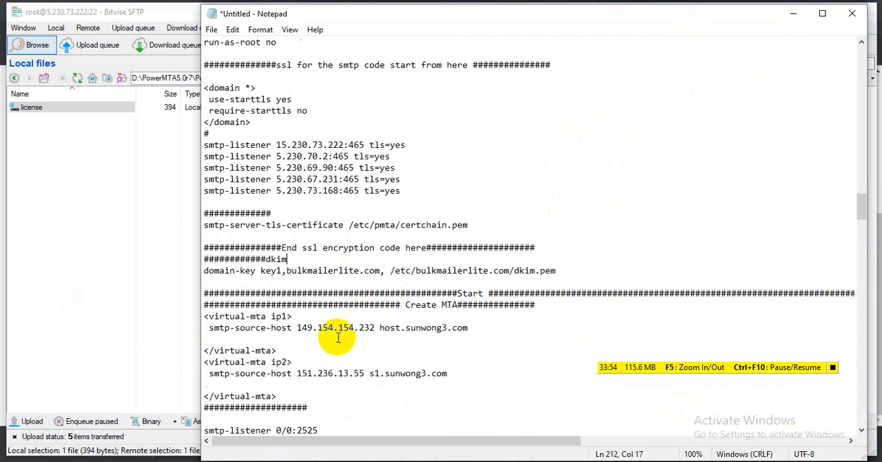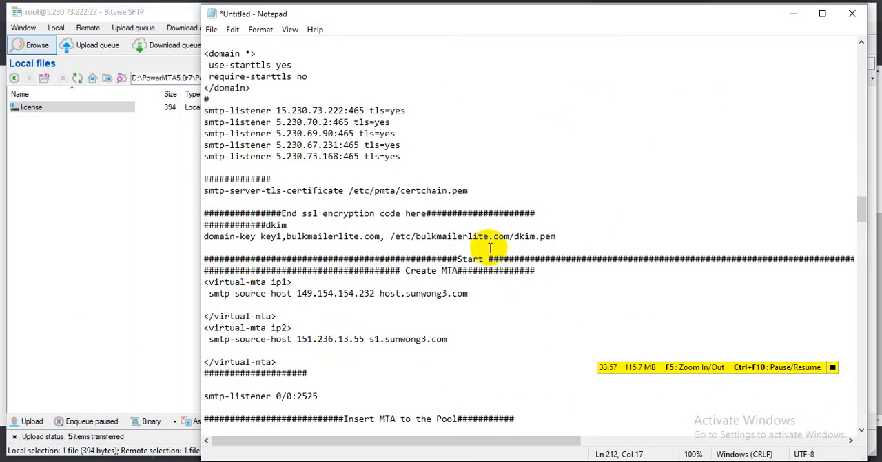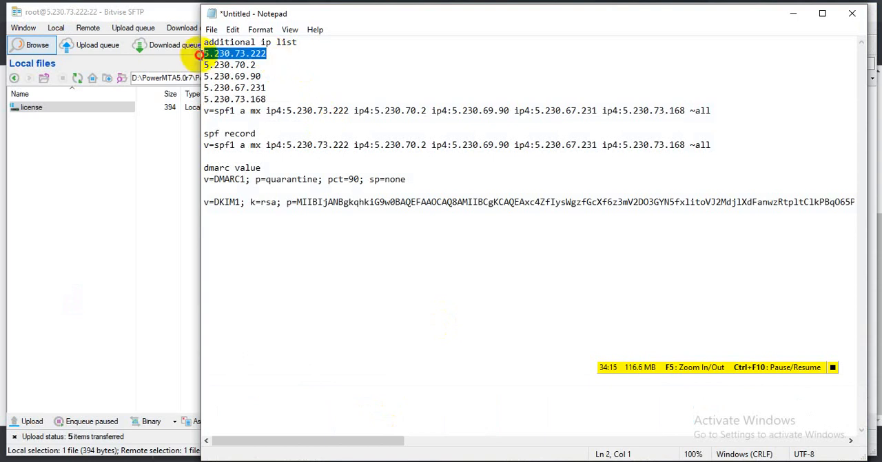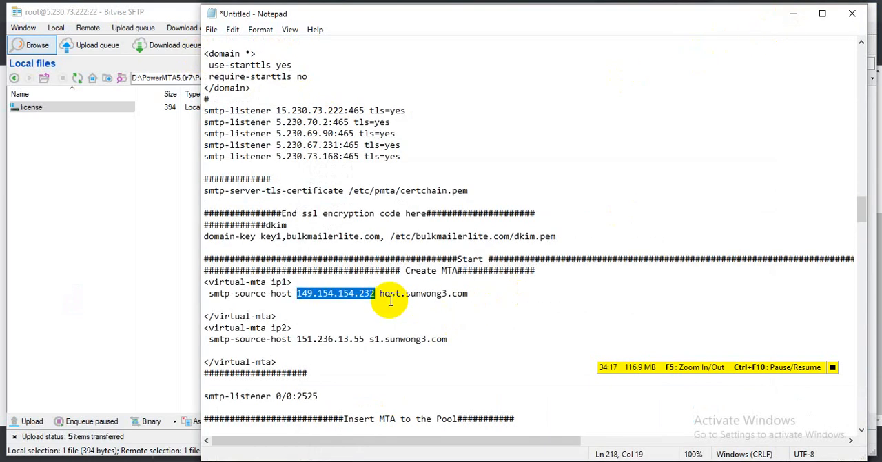So replace our IP1. You need to replace all the default values with your IP and hostname. So let me replace this IP with our BPS server IP. This is our BPS server IP. If you want to change the IP, you just need to change it from here, and the hostname for this IP will be,